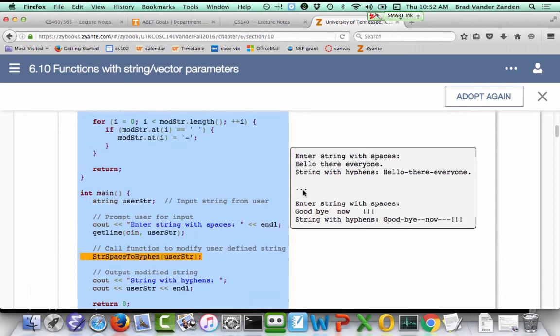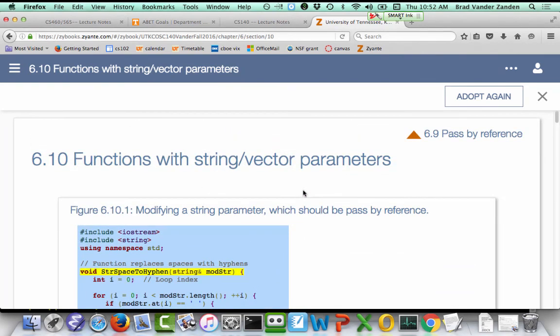Okay, so that's really the whole point of 6.10, telling you to always pass strings and vectors by reference because they're large structures, and if you forget to pass them by reference, they'll be copied, and that's a waste of time. Now, of course, if you want to modify them, it's doubly important to pass them by reference, because if you don't, then when you come out of the function, the copy is thrown out along with its modifications, and the original argument is unchanged. And oftentimes when you pass a vector, you really do want to modify it,